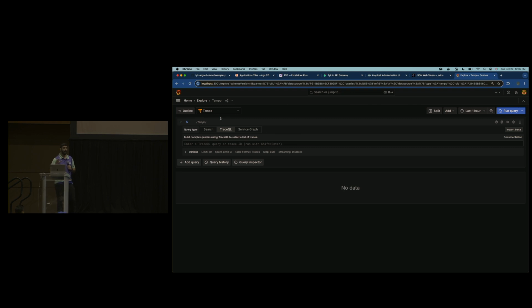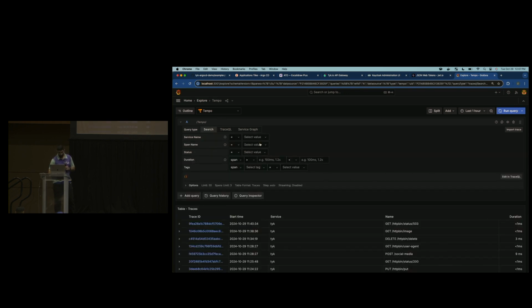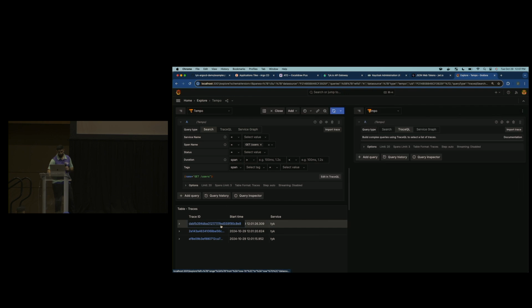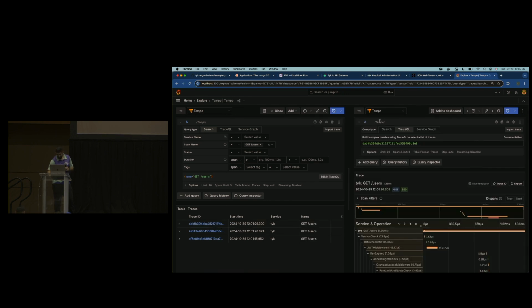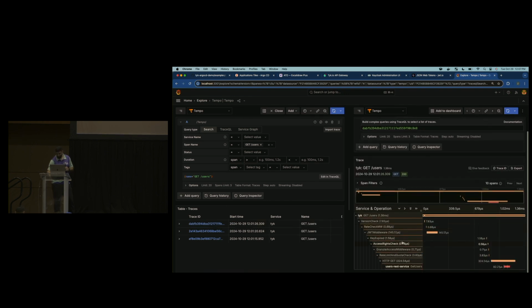Now, the last thing I do want to show is the Explore page. So in here, we're actually going to take a look at some of the traces, some of the requests that we created and generated. So if we search by git/users, so this is the request that we have made through Postman. And as you can see, there are a few traces associated with it. So if we dig further into those traces, we can actually see what happened.